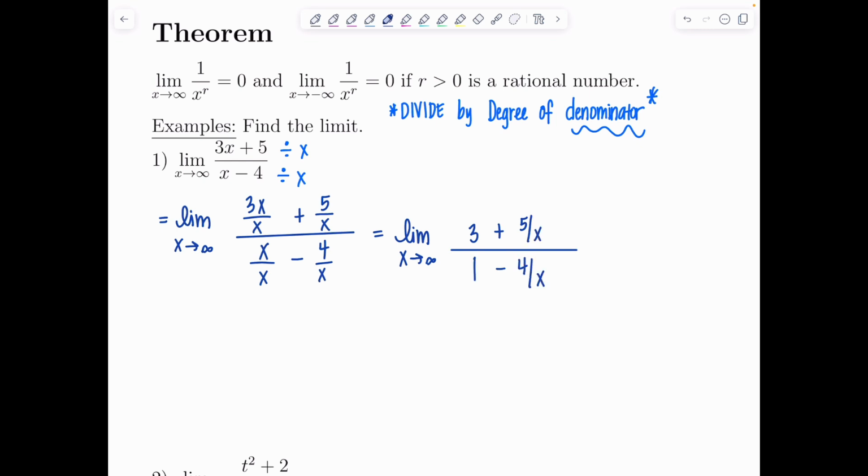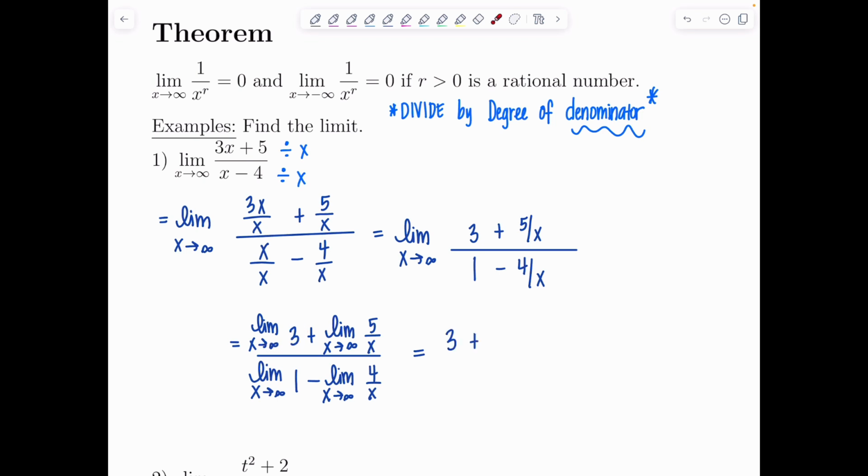Now this next step you don't really need to do ever, but I'm just going to write it to show you the thought process. We know that from our limit laws, we can distribute a limit across a sum and across a fraction, a quotient. So that's exactly what I'm doing, but in my real life when I do limits, I don't write this out. I just want you to see what's happening. So we're going to take the limit of each of the terms. That's all. So the limit of a constant, doesn't matter where x is going, is a constant,